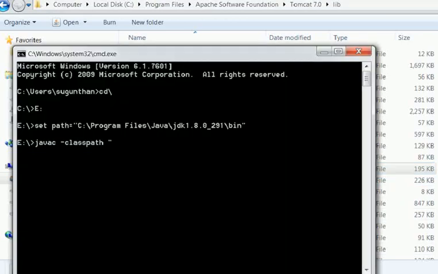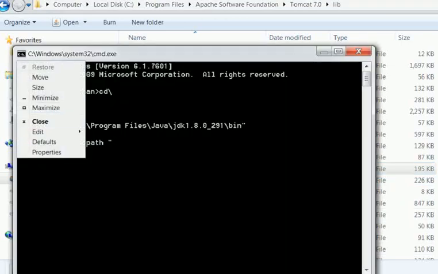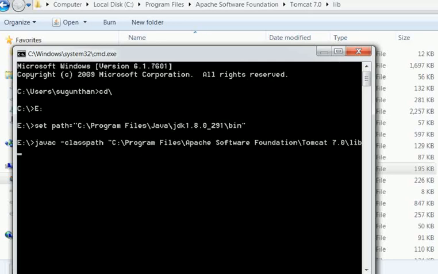Then click the command prompt. Then paste that path, then slash servlet-api.jar. There is a jar. Then close the double quotes. Then the file name is first.java, F-I-R-S-T.